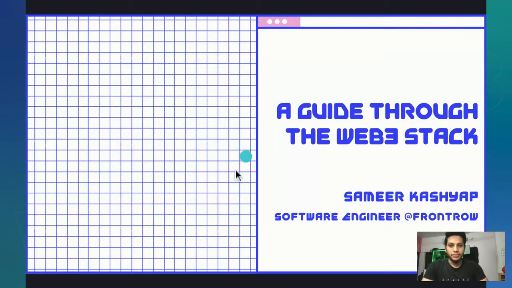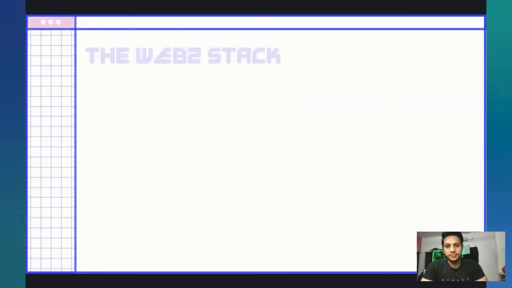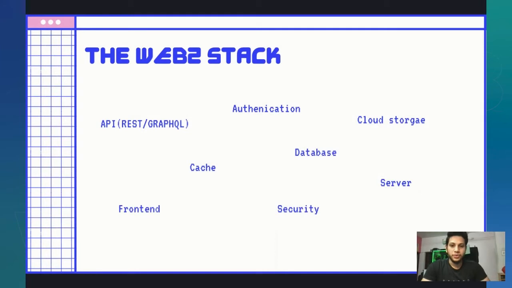So let's talk about the Web3 stack. I think I should thank Saurabh, the previous speaker, who presented a great premise for my current topic because he did explain a lot of things that I'm about to present, which will lay a foundation for how you can build better DApps. And I'm going to be talking about the stack, which is basically the tech stack which you would otherwise use in the current Web2 technology, and how it translates into the Web3 world.